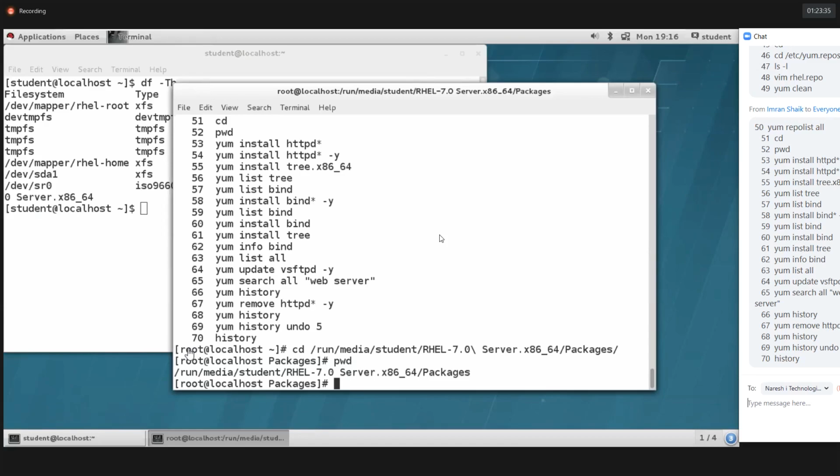The ISO image is available, guys. Somebody downloaded it, and I also shared the link with another class, the 4 o'clock batch people. I shared the image for them also, and they downloaded the image. So I don't know why you are not getting the image. If you are unable to get the image from the link, please try to download it from the internet. You can go directly to some pirated sites that have it. Otherwise, you can create an account on Red Hat, then download the official image from Red Hat.